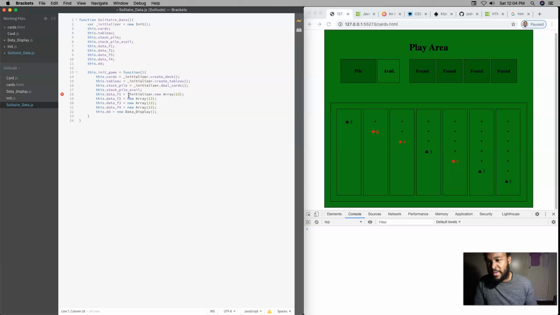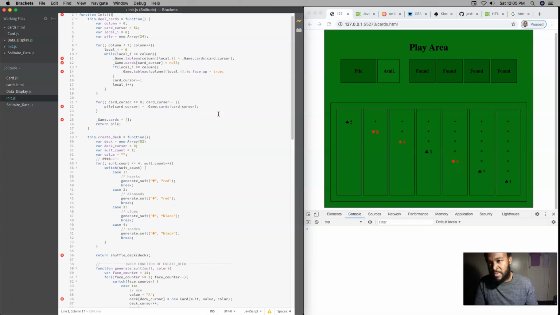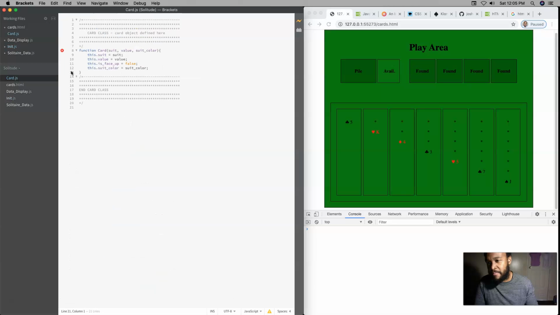It's just a holding place for the data. So it doesn't actually create anything. So this, I guess, actually needs to be a part of init, honestly. Yeah. Let's pull this inside init,